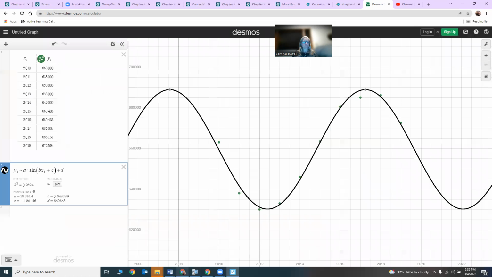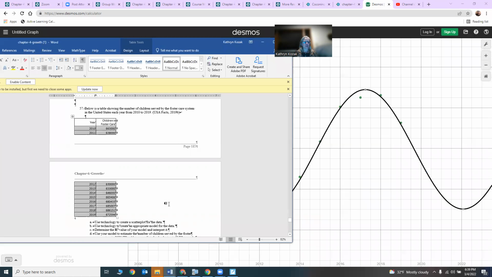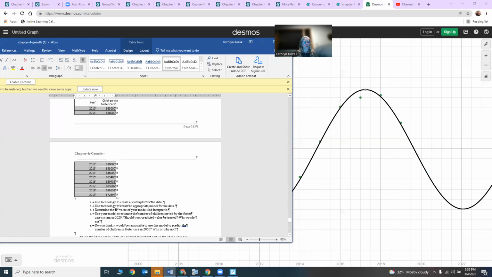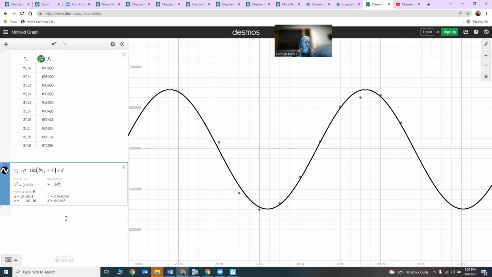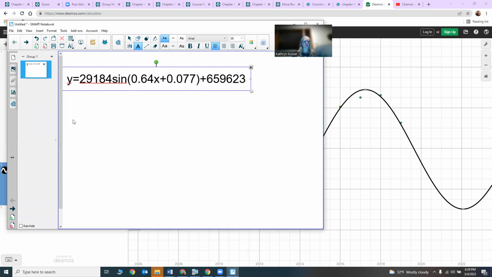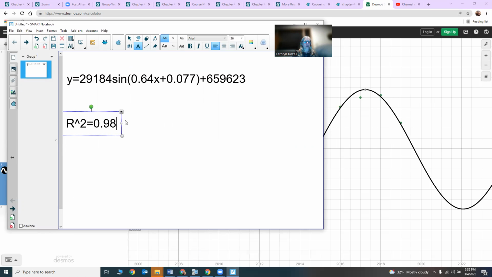If I go back to Desmos, I can find my R² value. It's 98.94. So that's the next question it asked me in here: determine the R² value for your model and interpret it. So going back to Desmos, it is 0.9894. So we can type that in here now. And my R² is 0.9894. The interpretation is that